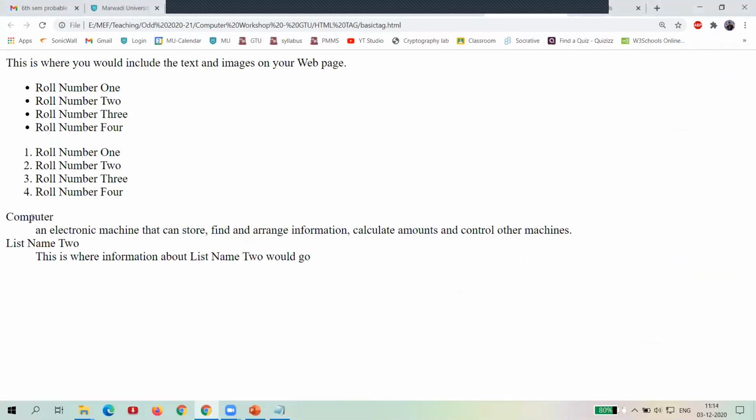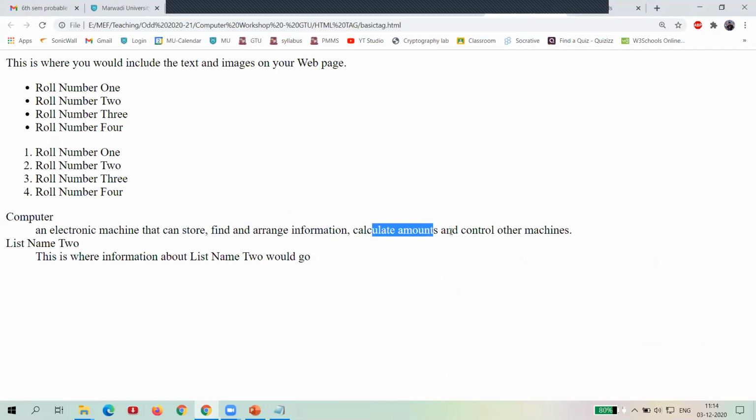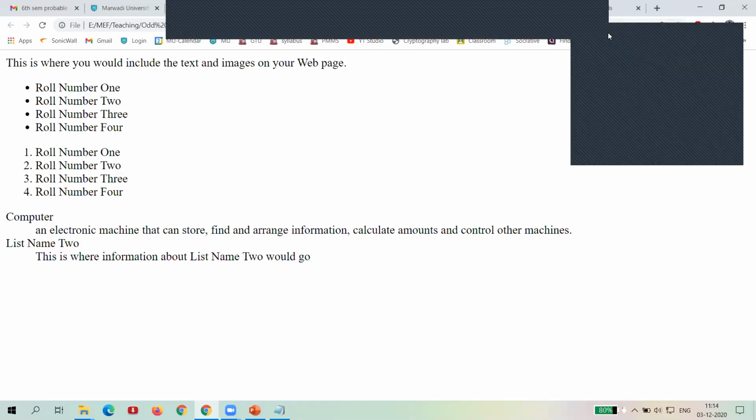So now you can see the computer. Now it's a definition: an electronic machine that can store, find, and arrange information, calculate amounts, and control other machines. So that is the way that we call a definition list.